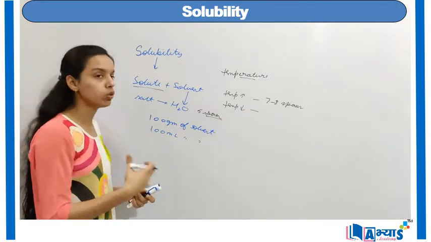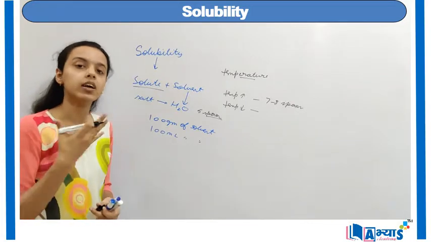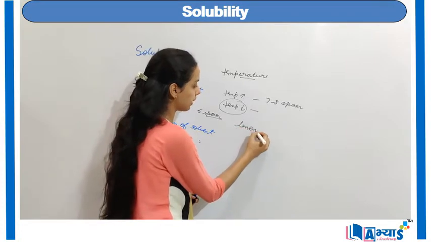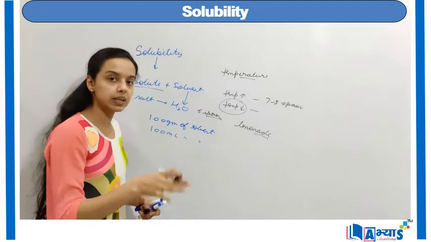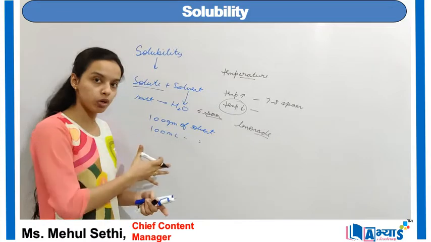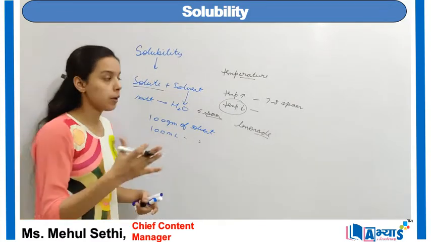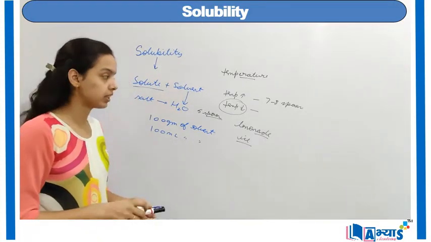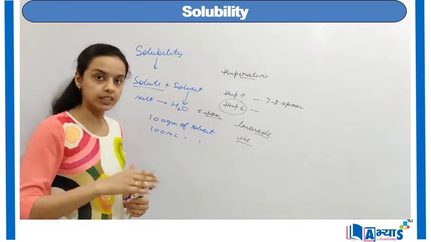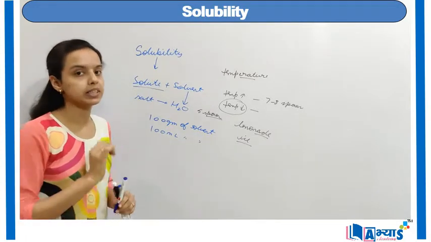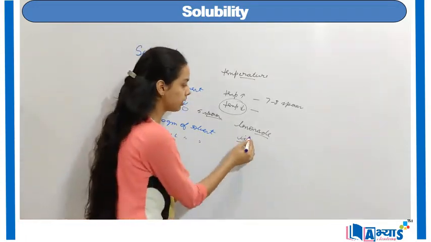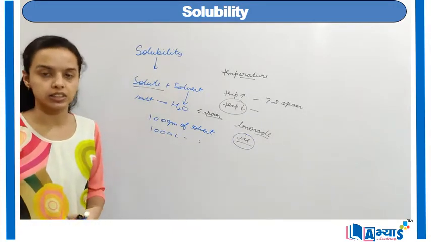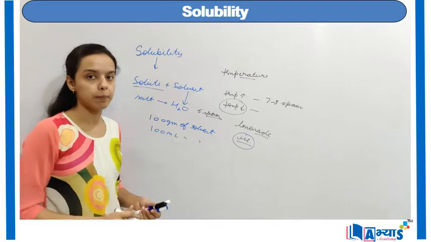Now maybe only 2 or 3 spoons are able to mix in that water. That is why it is generally said that when you are preparing lemonade, you should always mix the lemon and the sugar first, and after that you should add the ice. Because if you add the ice earlier, in the first stage of making the lemonade, then the temperature will decrease and the sugar won't be able to mix in that water. So it is always preferred to add the lemon and sugar first, and after that add the ice cubes to the lemonade.